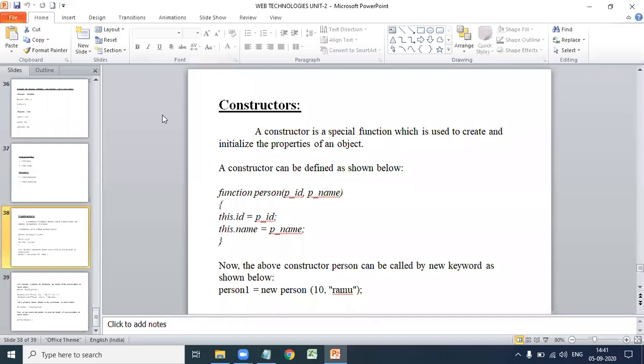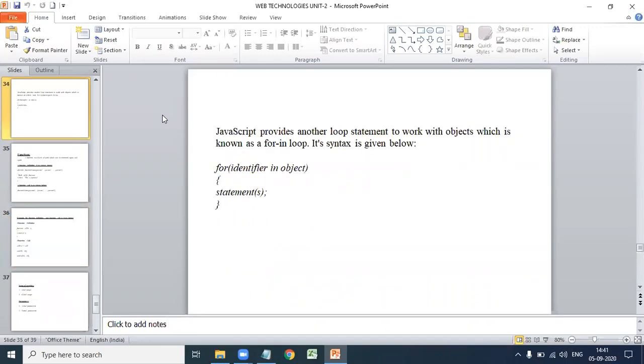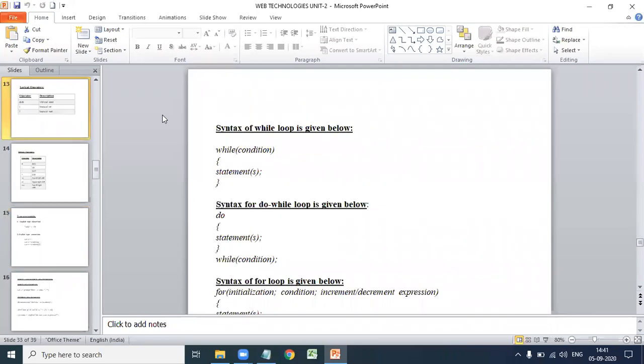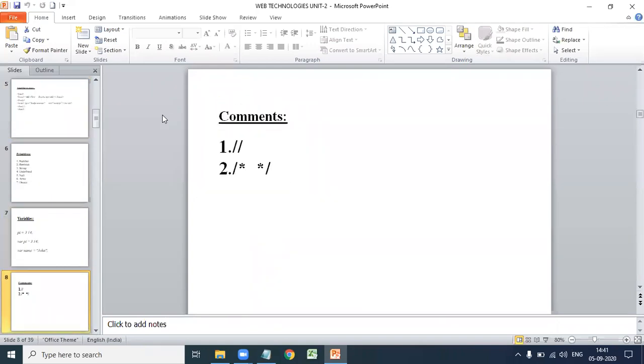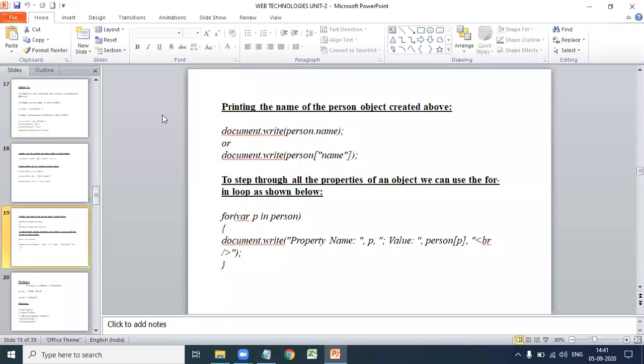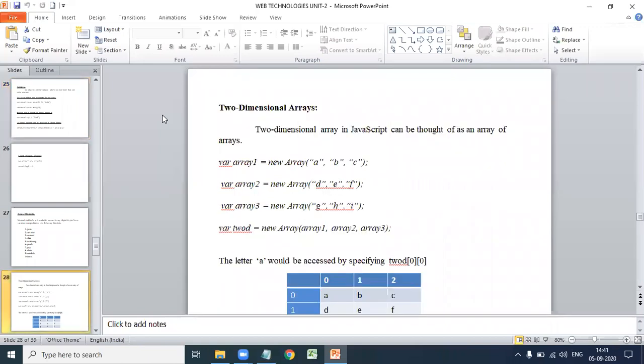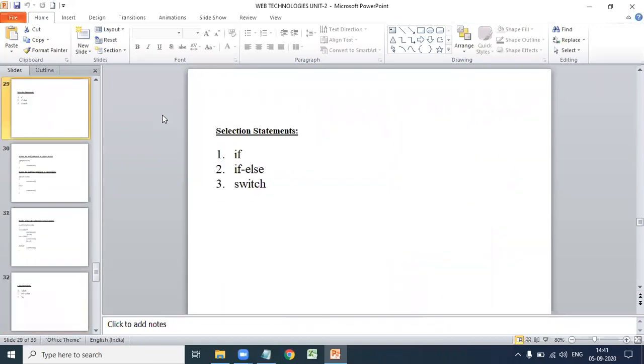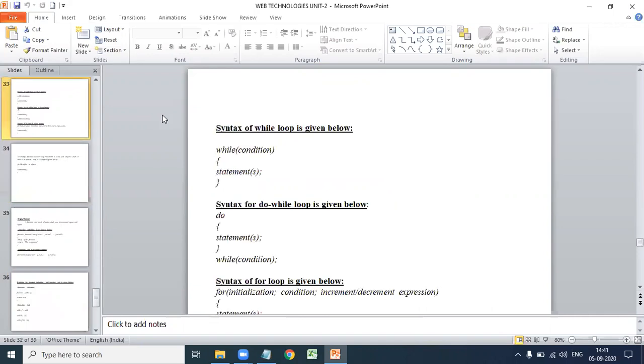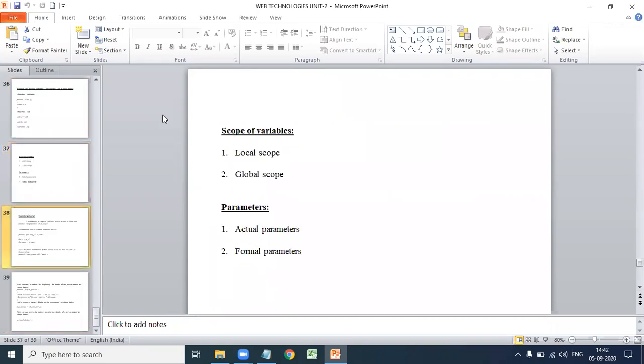So till now in JavaScript we discussed primitives, variables, comments, operators, different objects in JavaScript: string object, date object, math object, number object, arrays and methods of arrays, 2D arrays, selection statements, and functions.